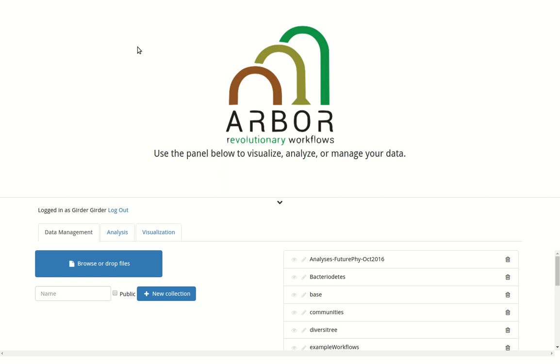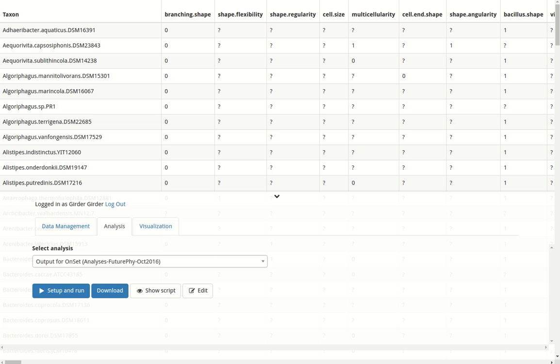This is a demonstration of the OnSet visualization tool to display discrete character matrices in Arbor. We have an example discrete character matrix right here. It's essentially presence and absence of the characters. The cells have either a 0, an unknown, or a 1, depending on whether it's unknown, present